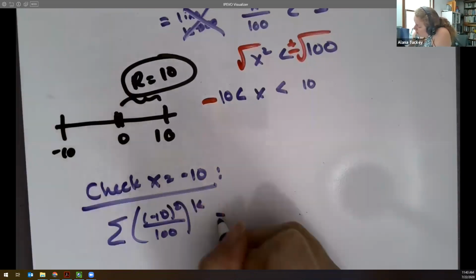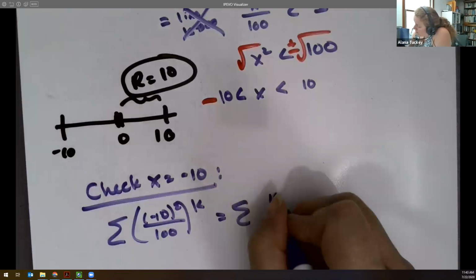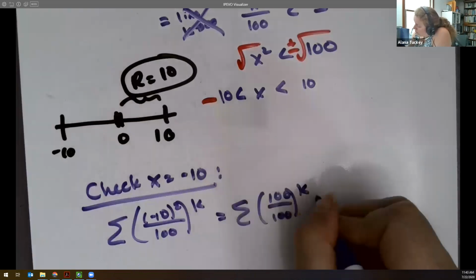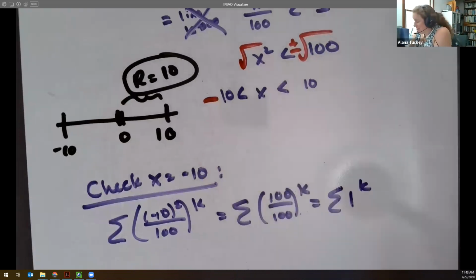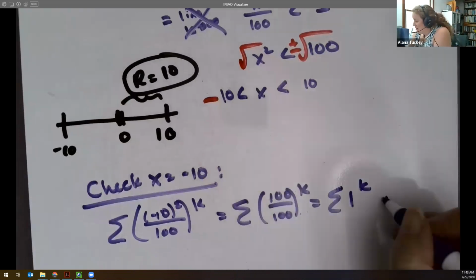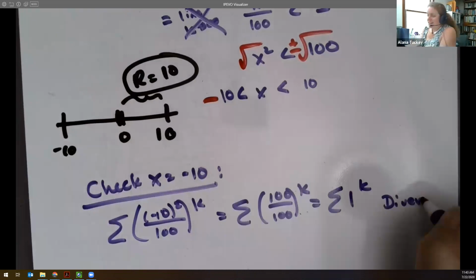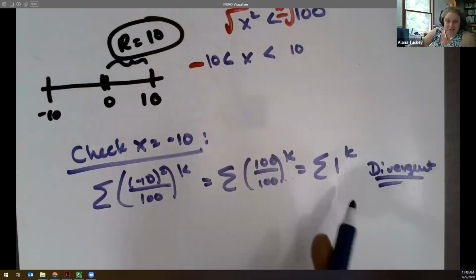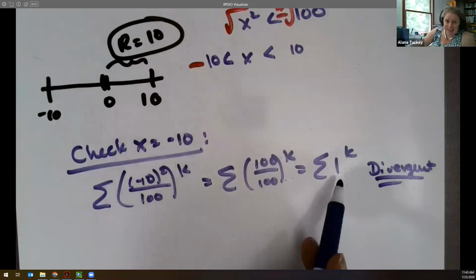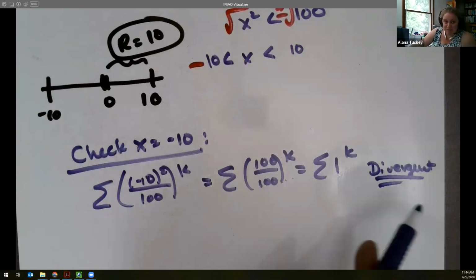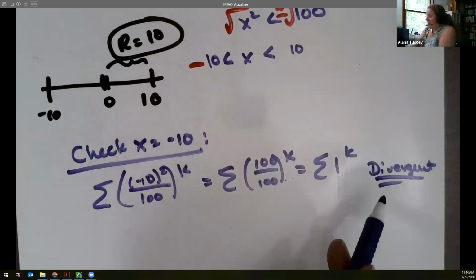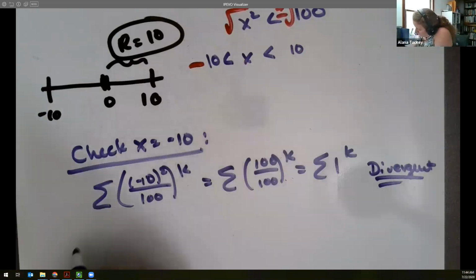That would be 100 over 100 to the k, which is literally the series of 1 times 1 times 1 times 1 to itself, which is divergent, right? That's not going to 0. Remember the divergence test? The divergence test says that the sequence has to go to 0. There's no way that sequence goes to 0. That sequence is 1. 1 plus 1 plus 1 plus 1 plus 1 plus 1, right? So you're adding up 1 infinitely many times, you're going to have infinity. And then if I check x equals 10,